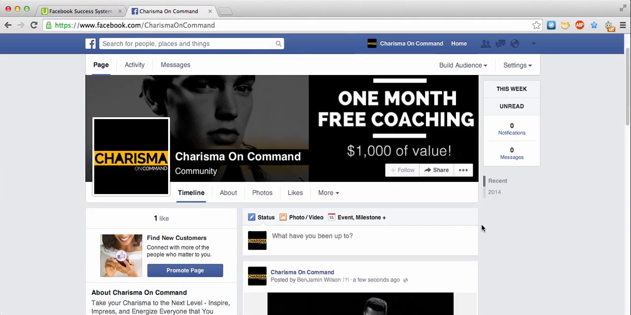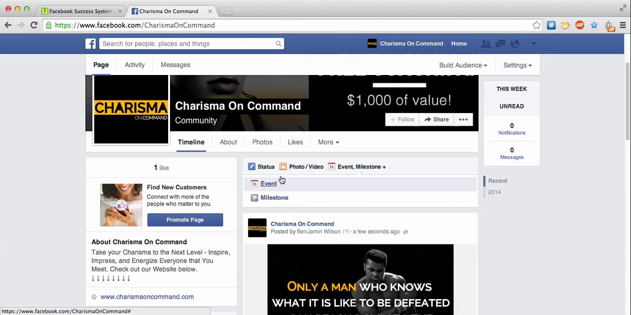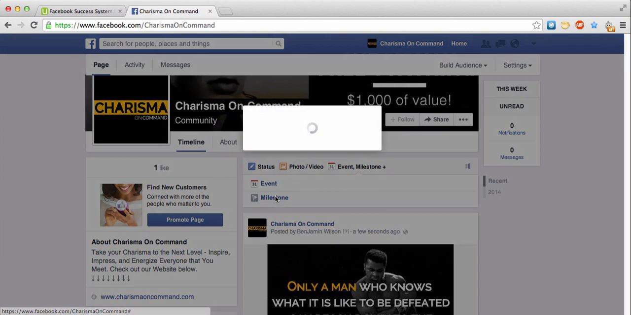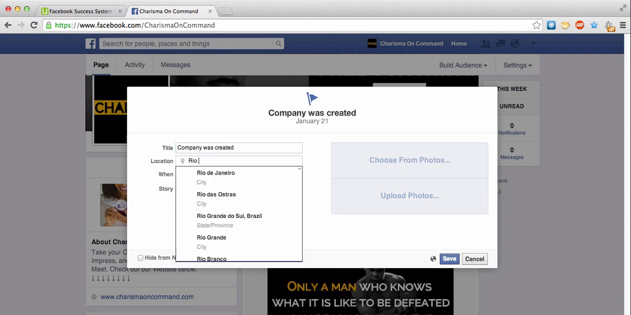So the last thing we have to do is add an event or milestone. So here we go. An event will be in the future, a milestone is in the past. So if we click milestone, we can pick a date that the milestone was achieved, have the title of the milestone here. So say if your company was created, you could have a photo that you could add here to help personalize it, a location of where it was created,